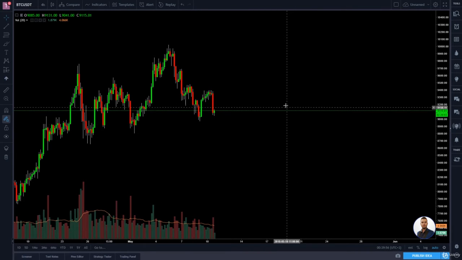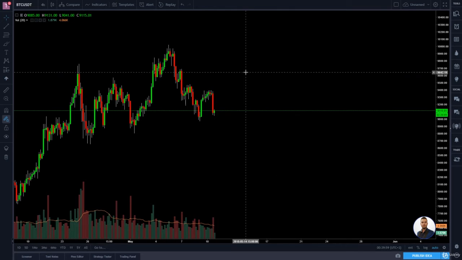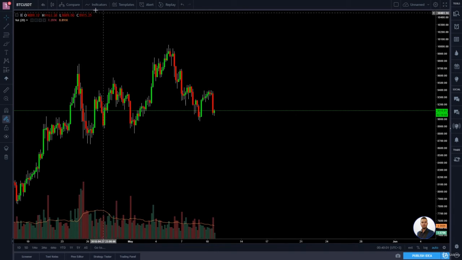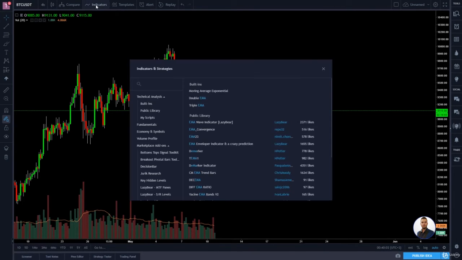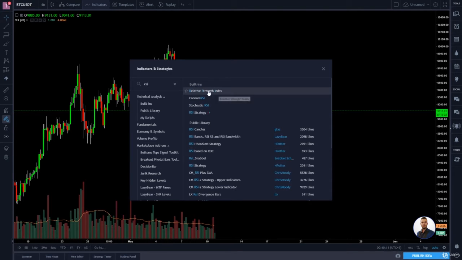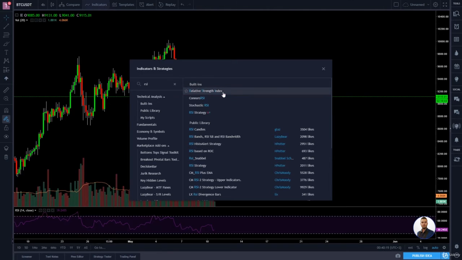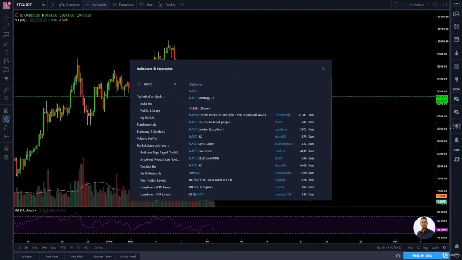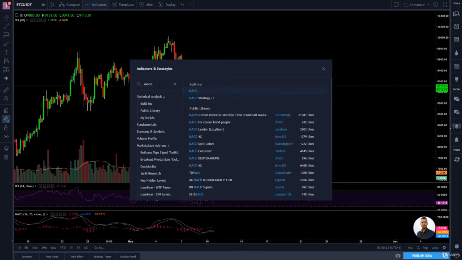In the next part, what we want to do is to add some indicators that you can find right here by pressing this indicator button. The first indicator that we want to add is the RSI, which stands for the relative strength index. Select it from this list right here. The next indicator is MACD, and the next 4 indicators are exponential moving averages, so just type EMA and add